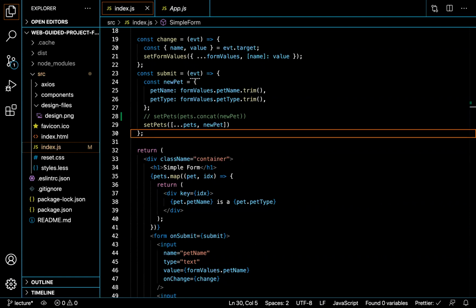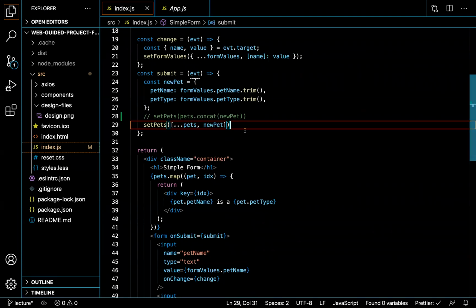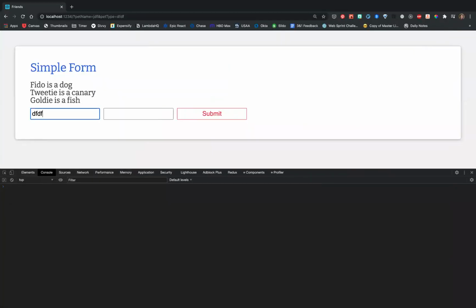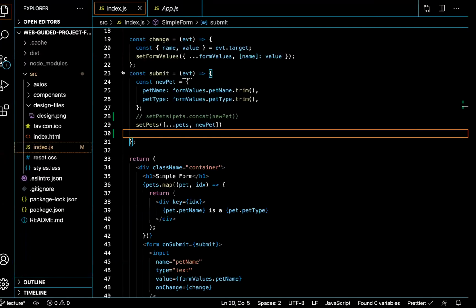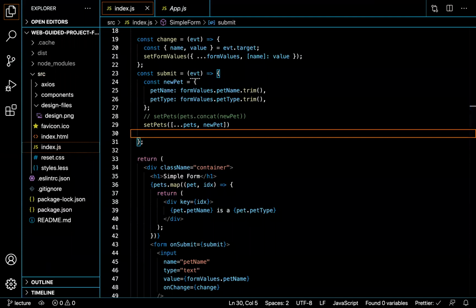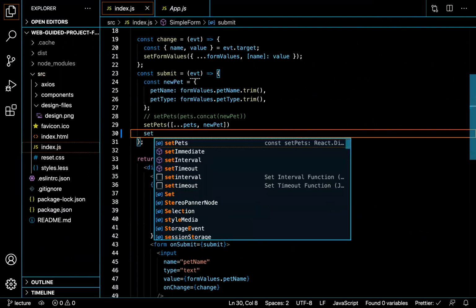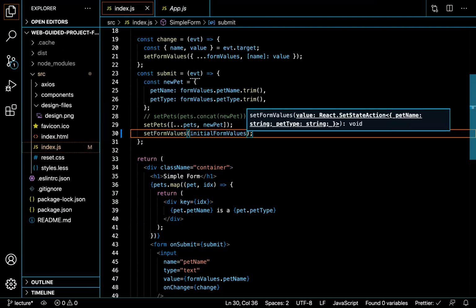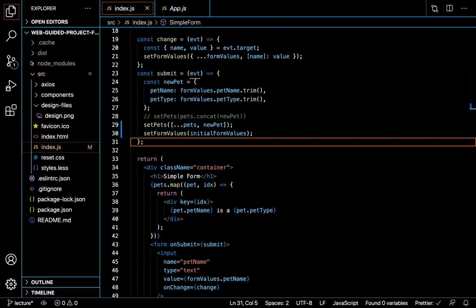And then of course, the last thing we probably want to do in here is set things back to initial form values. So that means that when somebody has typed stuff in, so my pet dog, well, actually it's clearing out already, but we want to reset the state to be whatever they were initially. And so in here, then we want to do set form values to be initial form values. Oh, I think maybe,